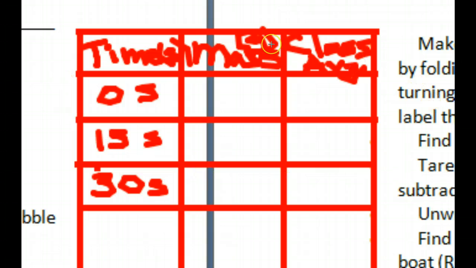Something like this might be the bare minimum for what we were talking about, but you notice something that's missing here is the mass of the boat. We have the mass of the gum at 0 seconds, but we don't actually have the mass of the boat included in this table. So we would need at least another column over here to try to talk about that. So again, this isn't the ultimate table example, but it does give you an idea of how you could collect some of the basics of what you're trying to collect. And so we'll pause there, and then we'll start over in the next